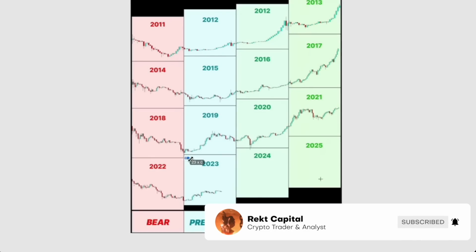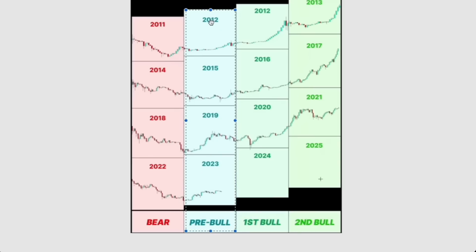So a year ago, we were talking about this 2023 pre-bull phase where we tend to see a lot of consolidation, and that has been the case across each pre-halving year. Lots of consolidation in 2012, 2015, bear market consolidation and accumulation at the bear market lows. In 2019, we saw the pre-halving first uptrend and then downtrend in what was essentially macro accumulation.